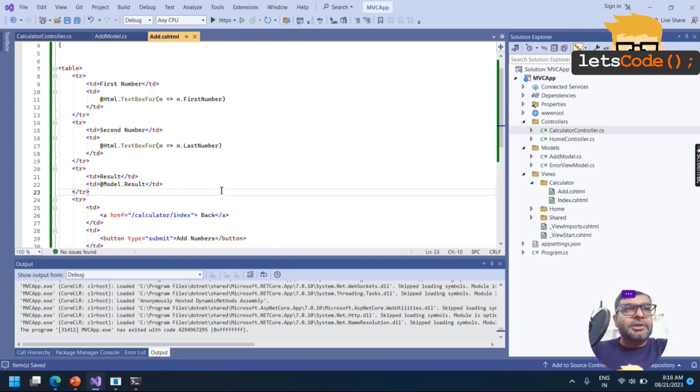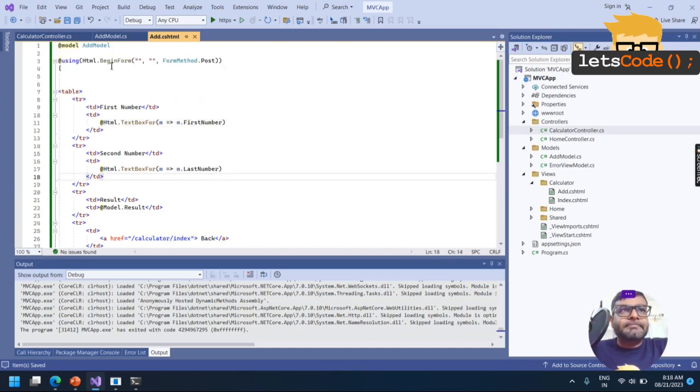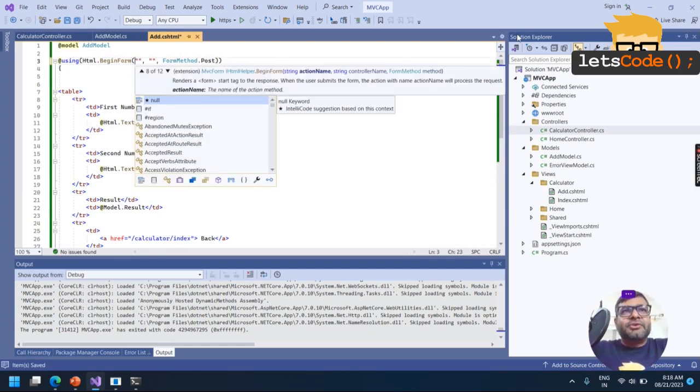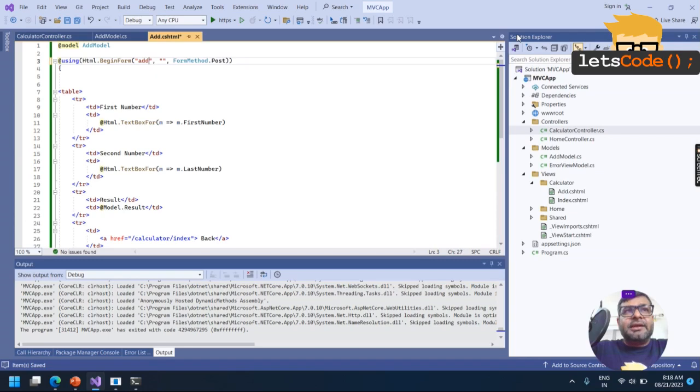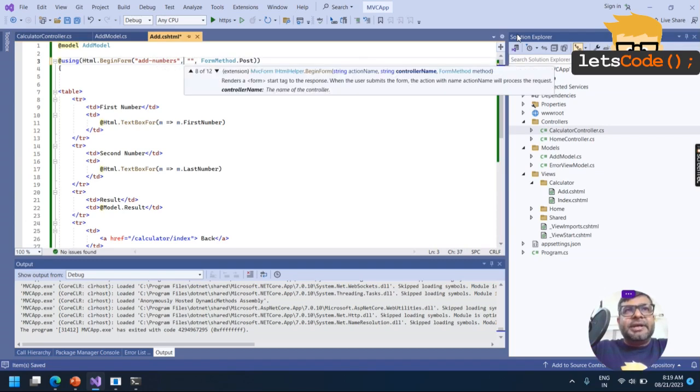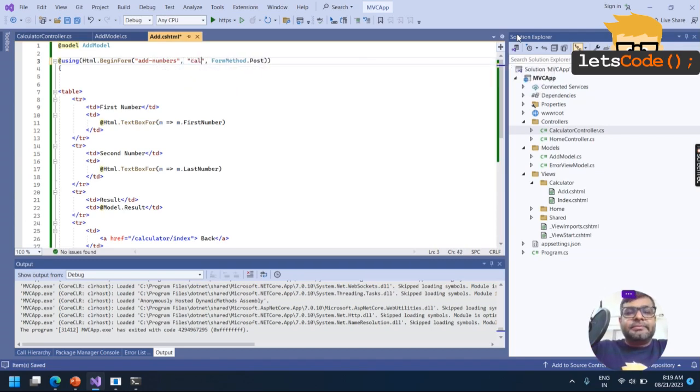Okay, sorry about that. Back to it: on add I want to add these two numbers. I said we created begin form. First is the name of the action, so I'll write add numbers. The second parameter is the name of the controller, calculator.